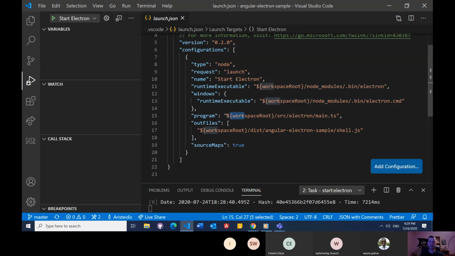It tells which program to debug, which is TypeScript, and which is the output file of the main.ts. And it also enables the source maps so that I can put a breakpoint inside my Electron code, not Angular, Electron. So if I press run,